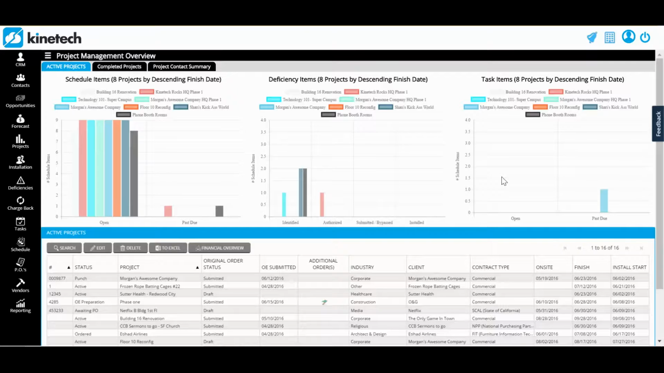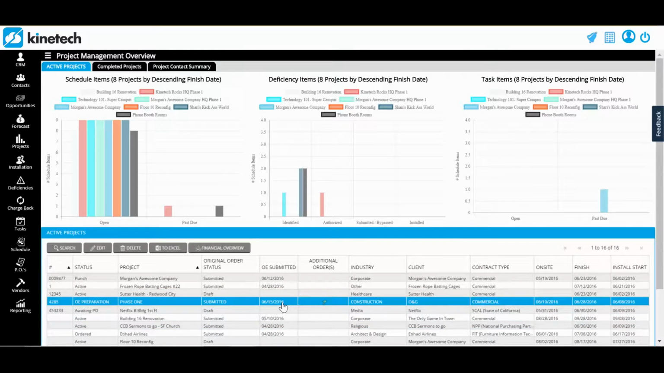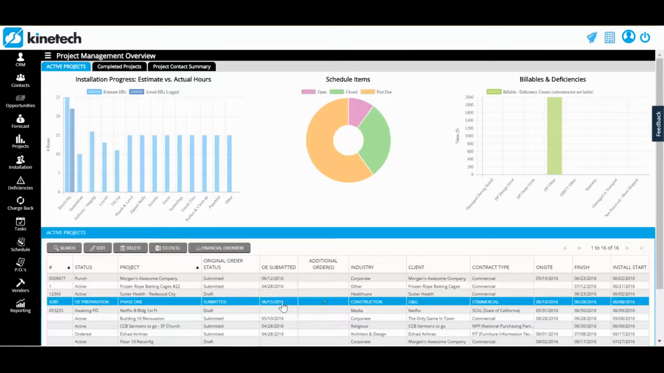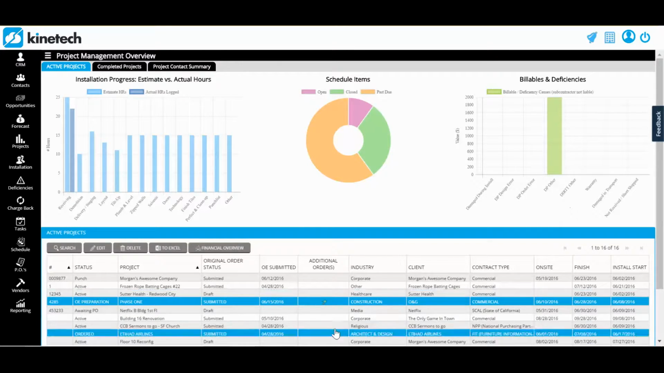A couple other things is that when I actually click on a project, you'll notice that I now have different graphs that react particular to that project. The one to the left is your installation progress, so based off of your estimated hours and your actual hours logged to date. In the center, you're going to notice schedule items, so those that are open, closed, and past due. And then the right, you're going to notice your billables and deficiencies. Again, all of these are relating to the particular project that I just selected. When I double click on this project,